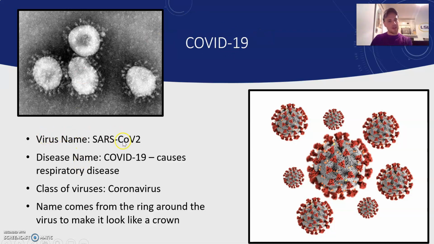So the virus name is actually called SARS-CoV-2. The reason why it's called this is because this is what it causes. It's severe acute respiratory syndrome, and CoV stands for coronavirus. So that's the class of viruses that this is. And there was actually one back in the early 2000s or something, and that's CoV-1. So this is the second time we've had a severe acute respiratory syndrome virus that was a coronavirus, and so